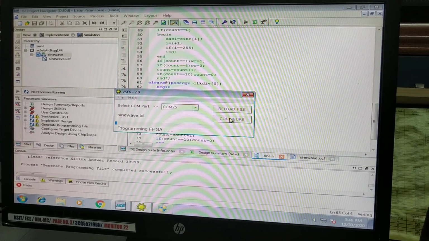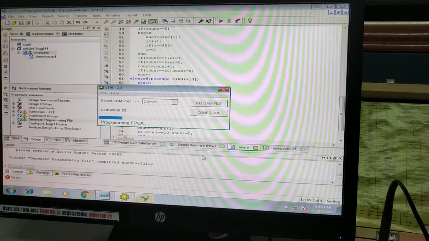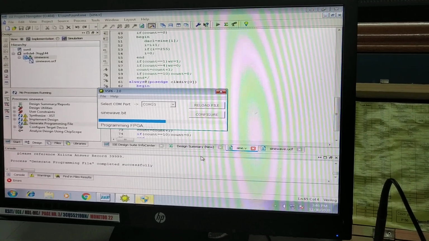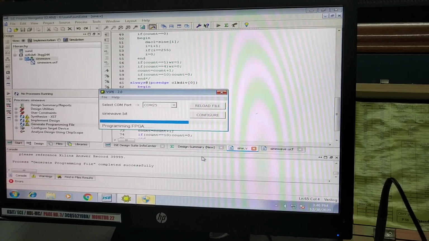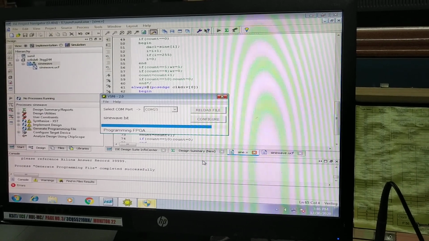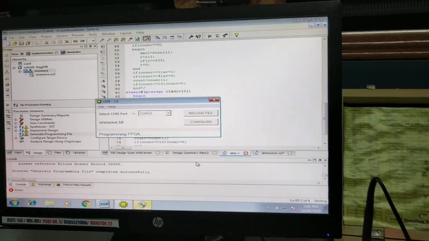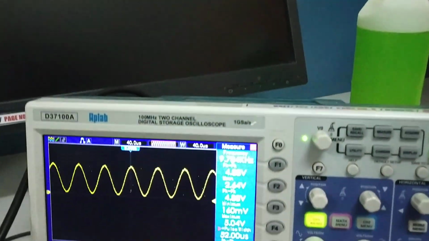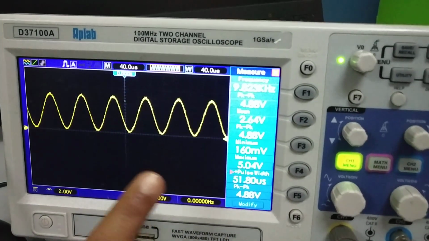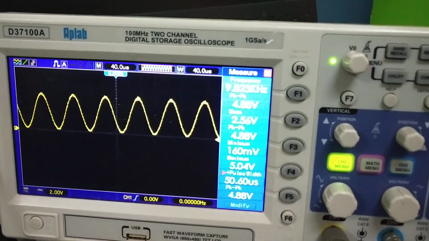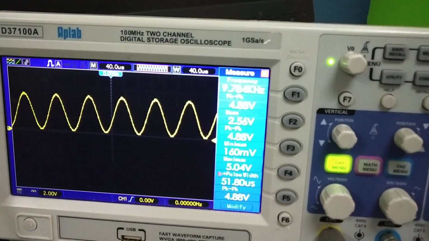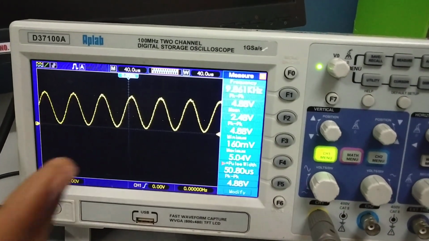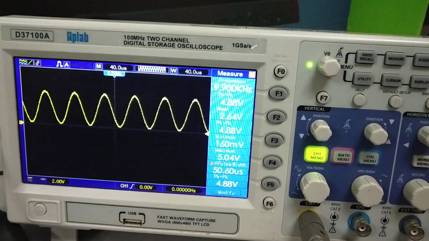Reload the file, configure. So you can see that the frequency got reduced to half. It was 19, now it is coming to 9.9, around 9.7, 9.8. So the frequency got reduced. It was approximately 20, now it is approximately 10 kilohertz.